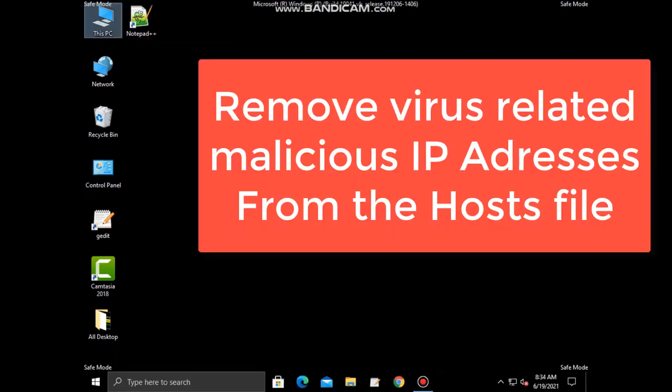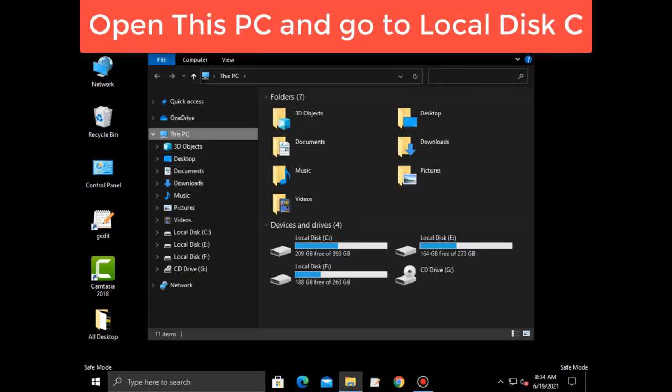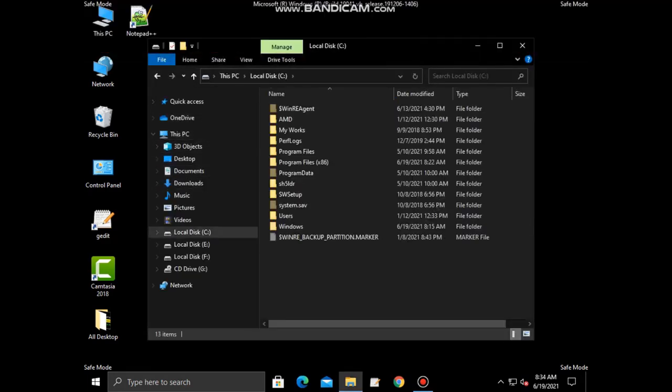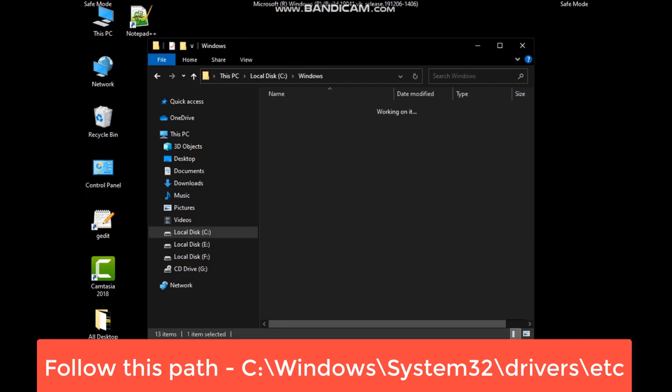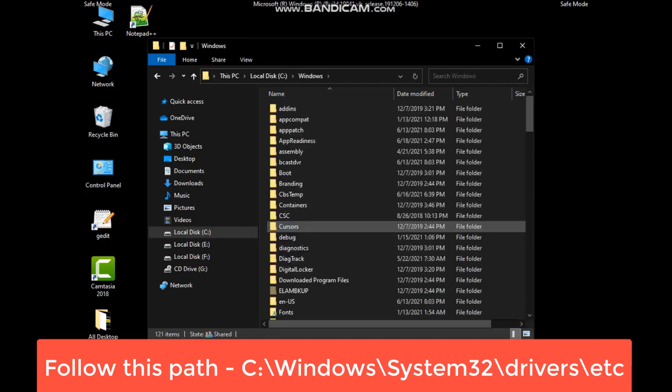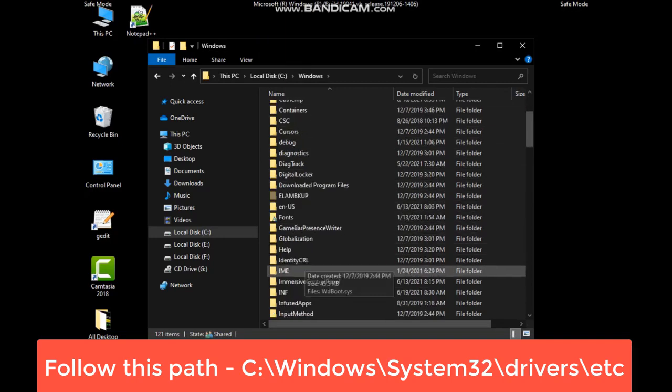Now we are going to remove any virus related malicious IP addresses from your system. In this PC, go to C drive, then Windows, System32, drivers and etc. Follow this path and you will find the hosts file of your computer.